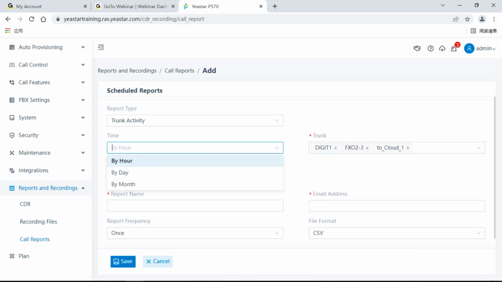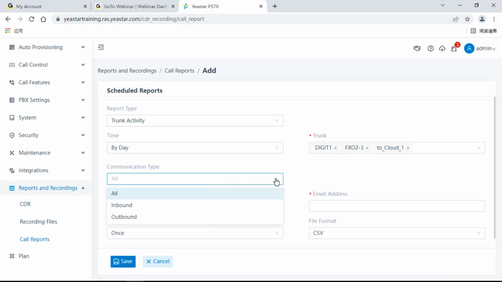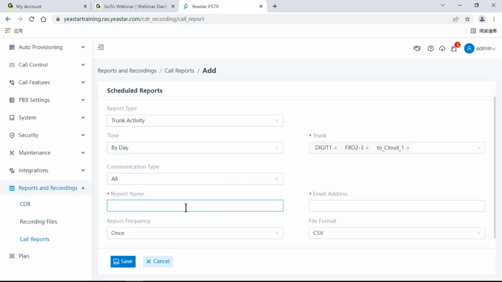Then time here, I would like to collect the feedback every, let's see, by day or by month. Anyway, that totally depends on you. Maybe I just want to collect it day by day. So that's it. That's enough, right? So I will just choose by day. Then communication type here, you can choose inbound or outbound or simultaneously, both inbound and outbound, right? Then we're gonna